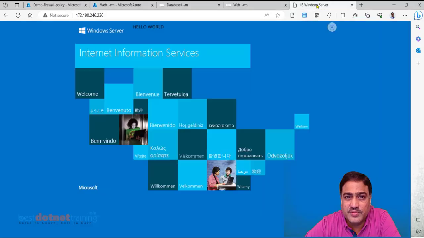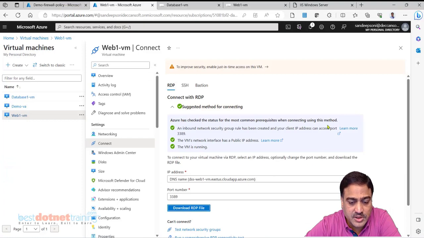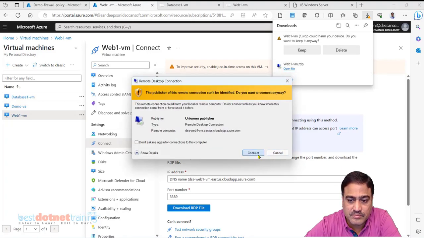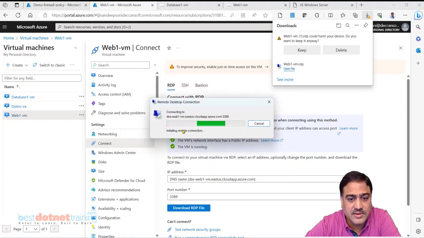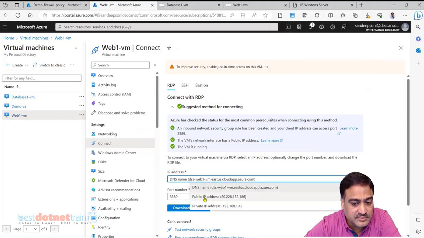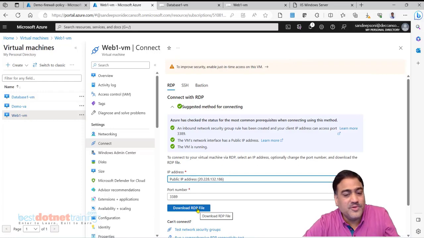Let's see if this is working now. Web1 VM, download RDP file. It's already there actually. Open that. Connect and not working again. Why? Same problem. I'm sending the request to the IP address of the VM. IP address of VM, it will not work.